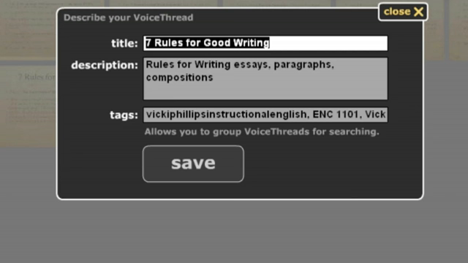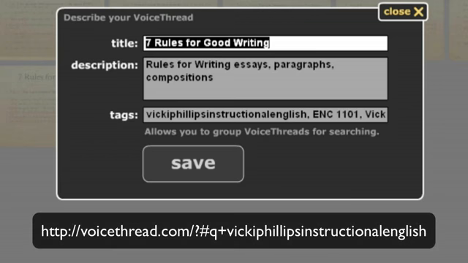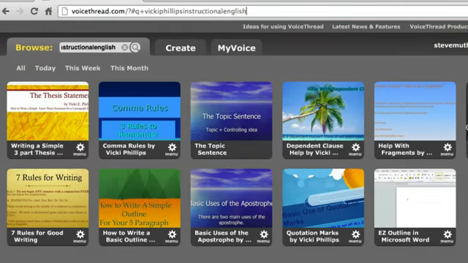It goes right to my created VoiceThreads, so that they don't have to go to VoiceThread and then look through all of them under browse. So if I tag them, and I do give the students that tag as well, that enables me to have a shortcut on the computer desktop that they just click on, and it opens up just to those 11 created writing VoiceThreads.